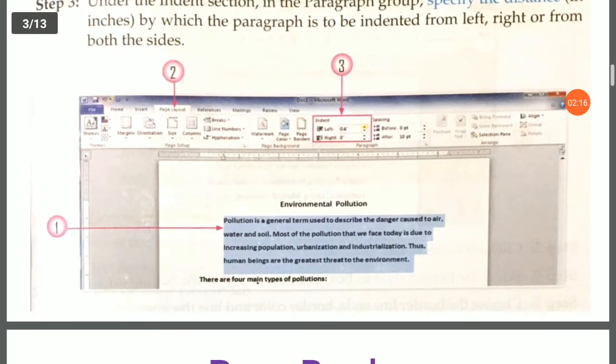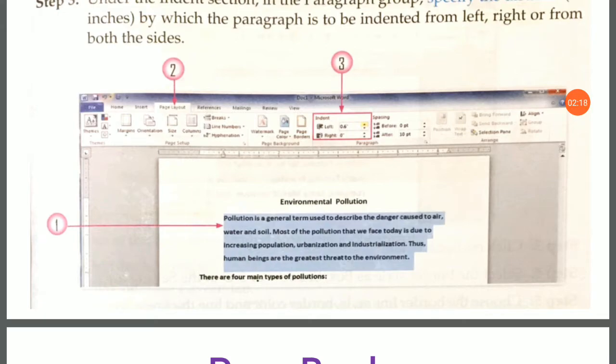Basically 3 steps are there. You need to select this paragraph, then click on page layout tab, and the third option is here. You can specify in that particular box how many inches you want to shift this paragraph. Okay.